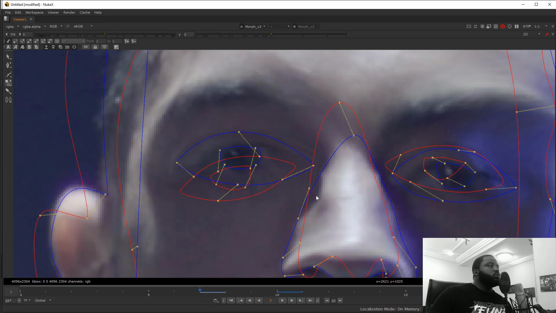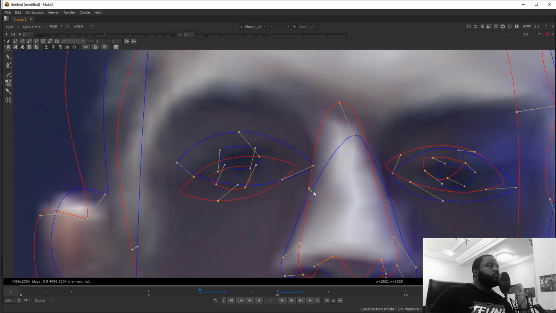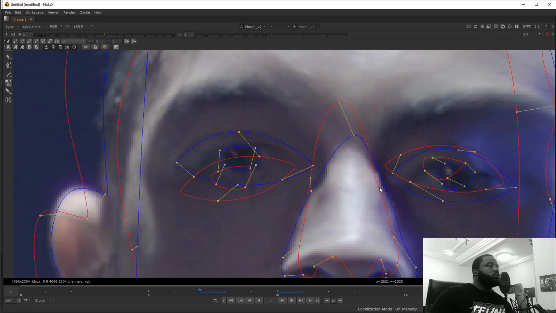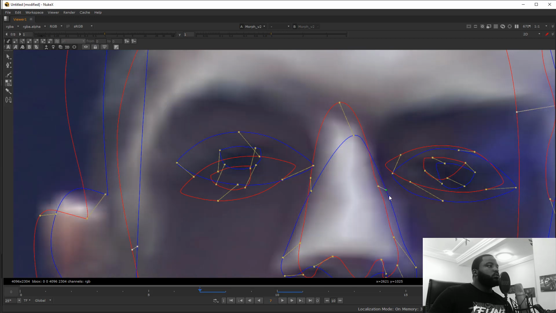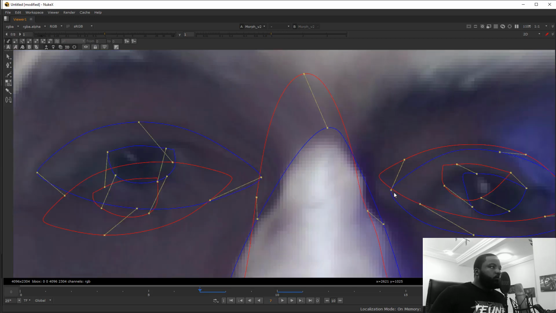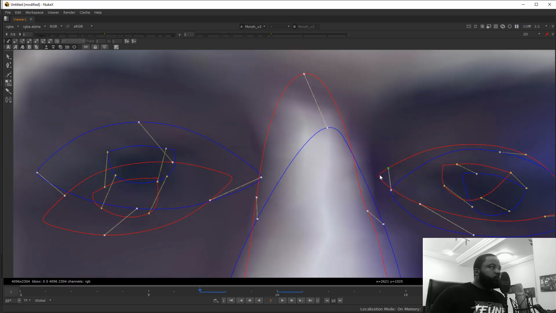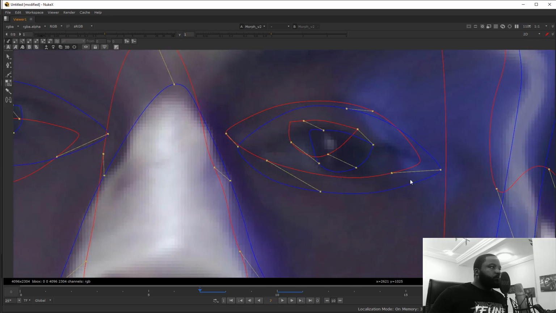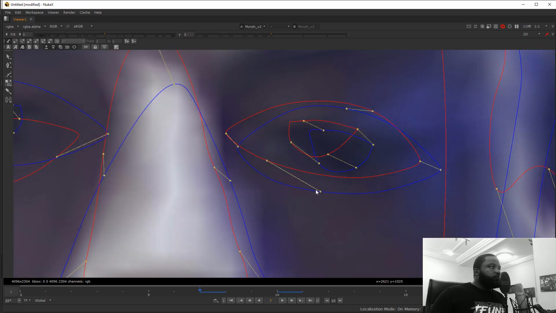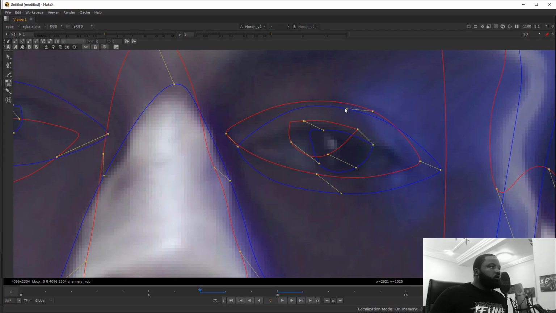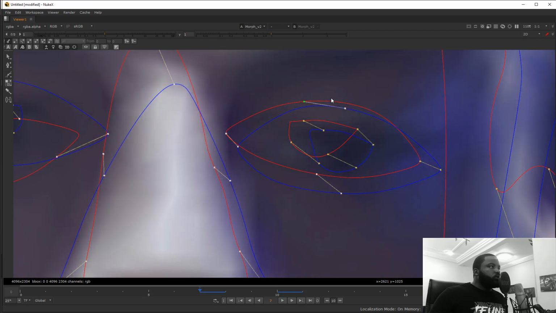One onto the center of the blue, center of the red. Move this point here to this, you see. Trying to find the corresponding point. This needs to be onto the center of the red, center of the blue, center of the blue, center of the red also.